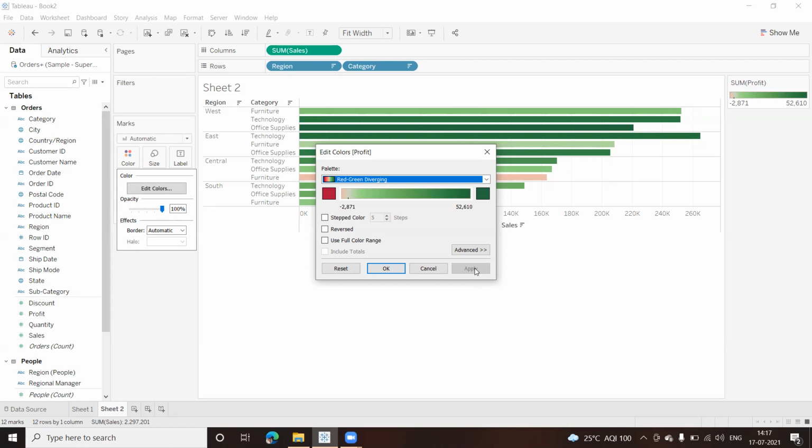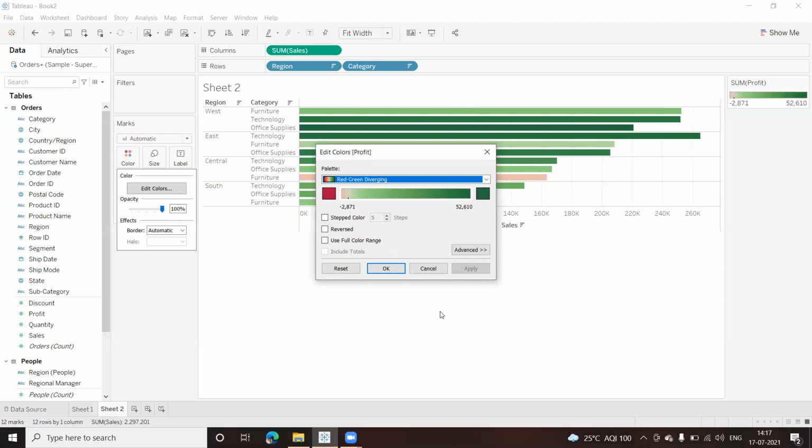Why? The reason, even as an analyst, if you are going to present your dashboard, especially if your client is from abroad, there are lots of cases of color blindness.